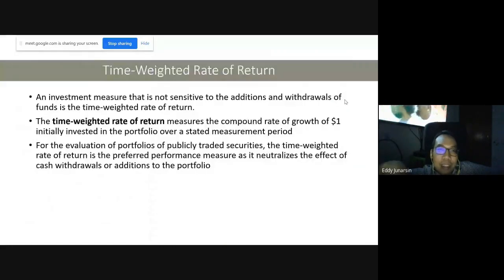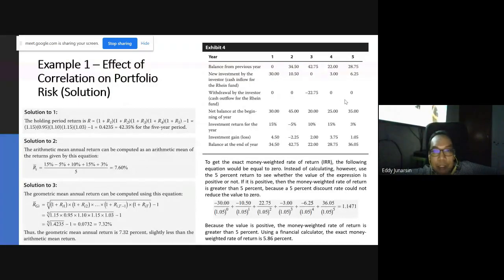Time weighted, the geometric. So time weighted return, you see here the name time weighted. Money weighted return is affected by the amount of money coming in, coming out, the cash flow. For example, if you make a lot of loss during the period of high inflows, then your final results will be worse. I see that, for example, in our example there.